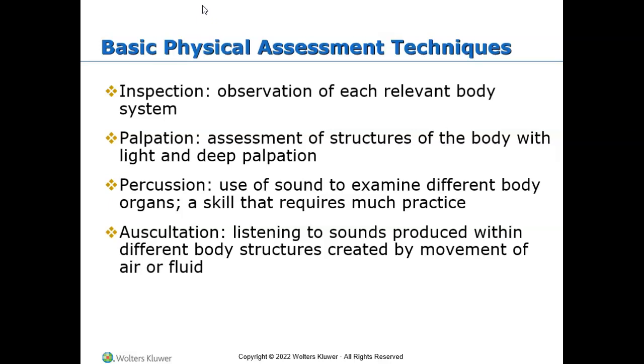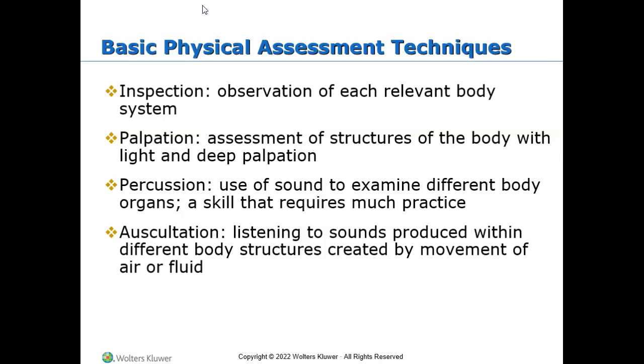And then this is the order that we do our basic physical assessment techniques. You'll want to know this order. It will be, I'm sure, a question that you'll have to answer, and you'll also have to demonstrate it when we start doing the head-to-toe assessments. So first you're going to inspect, which just involves what it sounds like: you're looking. Then